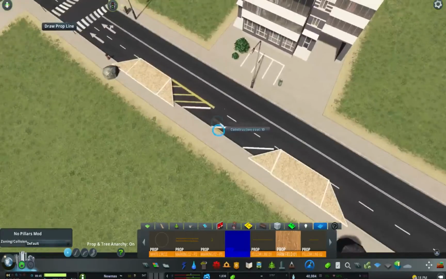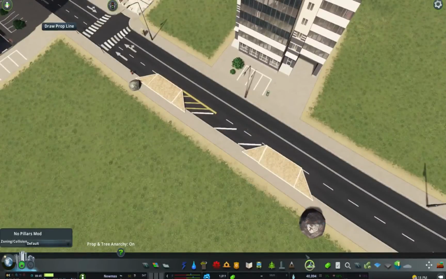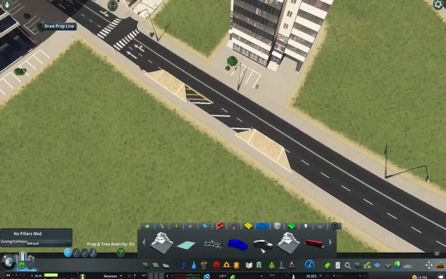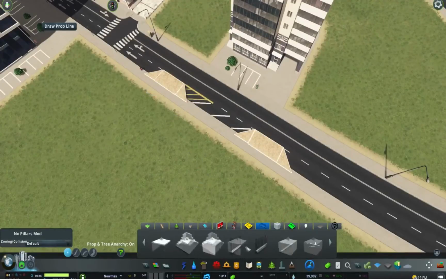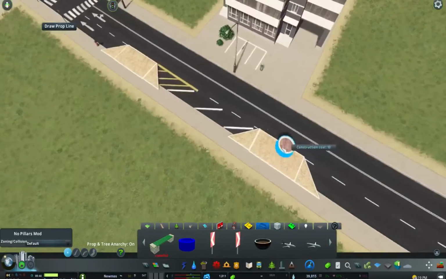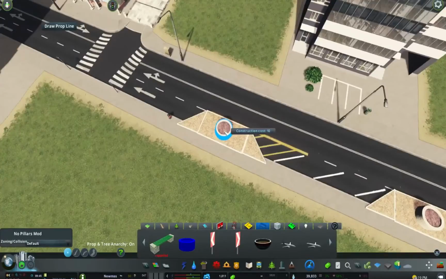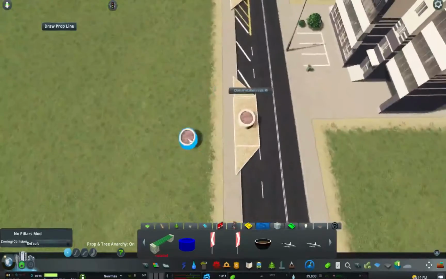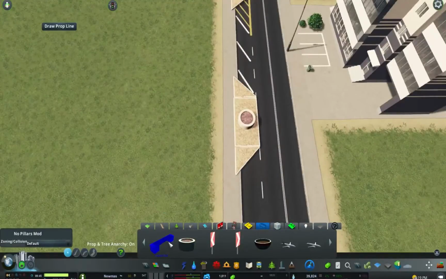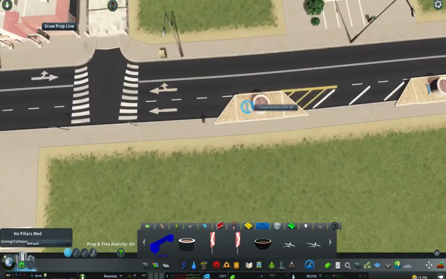So yeah, now we've got these nice little parks, and again I'll have to touch up these smaller areas to neaten the area up a bit, so you can put some nice planters in and things like that. Maybe increase the sidewalk and make it a bit larger of an area for people to walk around. So I'll get these ones because I quite like these, and we've used them in the university before, so it works well, keeping it consistent. We'll stick that there, and then we will get these benches, and let's make it so you can sit here, rather than this being a garden bed, make it more of an extension of the actual sidewalk. So we'll put one there,